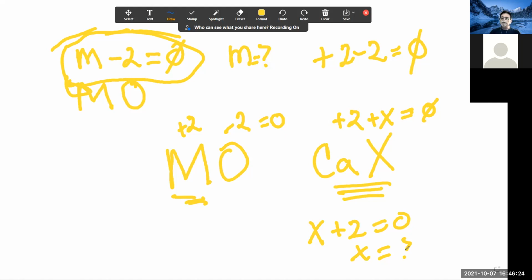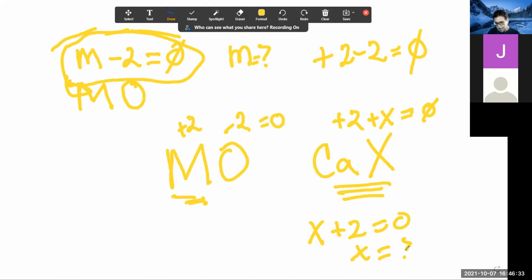What number must X be that you add 2 to give you 0? What must it be? Exactly, it has to be -2. There's no question. So here in this example, X exists in the -2 oxidation state because we know that calcium exists as a +2. Okay,